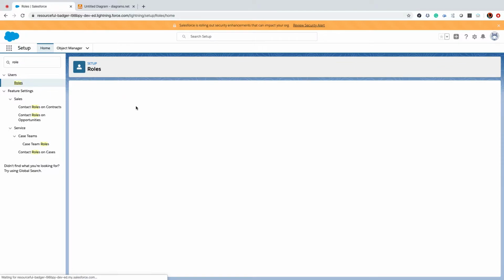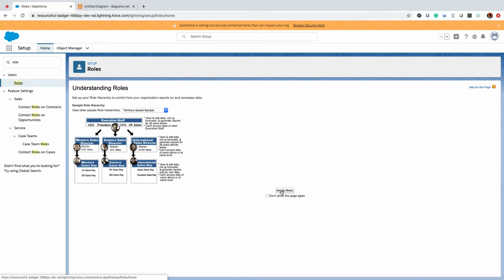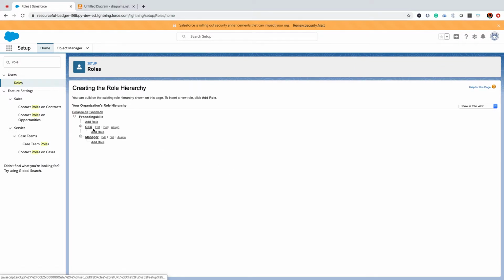I'm going to roles. I'll create another role setup where I wanted to create under manager. Let's say pro coding skills. Pro coding skills is something that the organization has. In the organization, we have two different roles. One is a CEO, which is a head role, and another one is manager, which is another head role that I created very parallelly. Now you can understand, right?